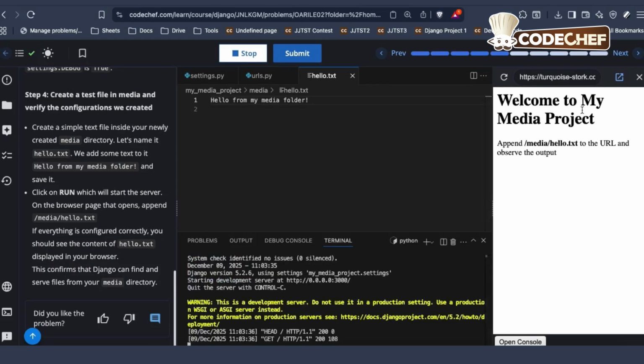page loads which says welcome to my media project. Now append media/hello.txt to the URL and observe the output. So here to this URL I have to append media/hello.txt. So remember that we have stored this hello.txt in the media folder, and also